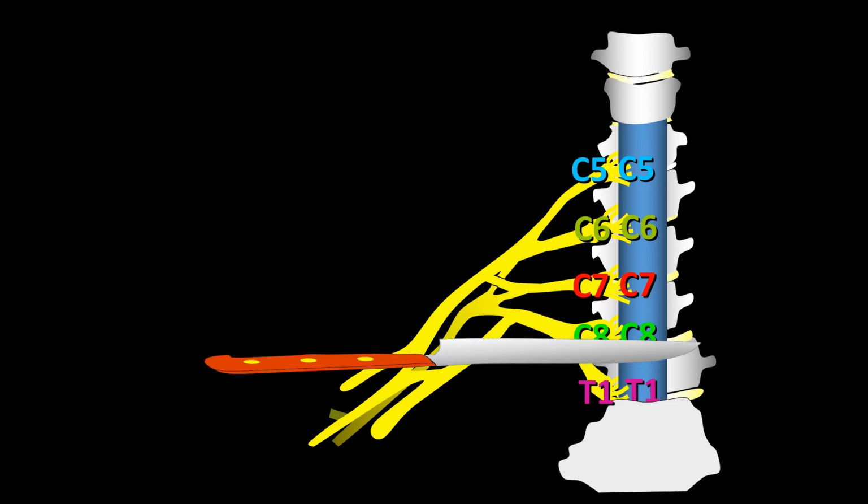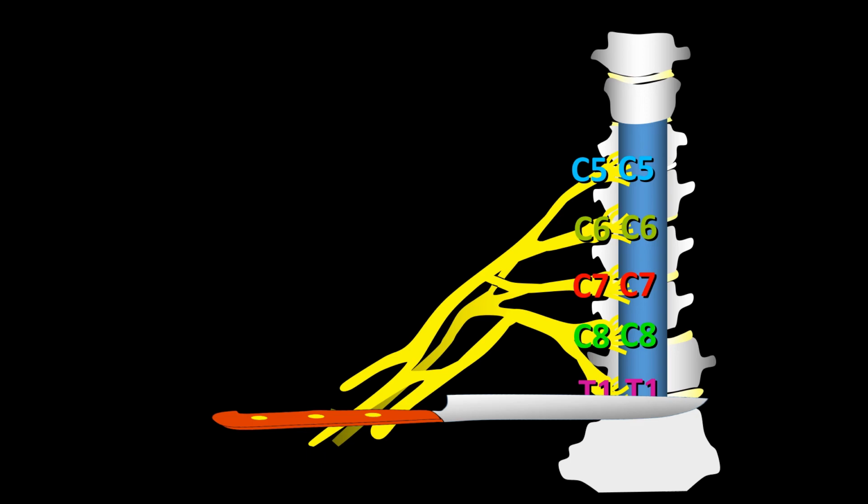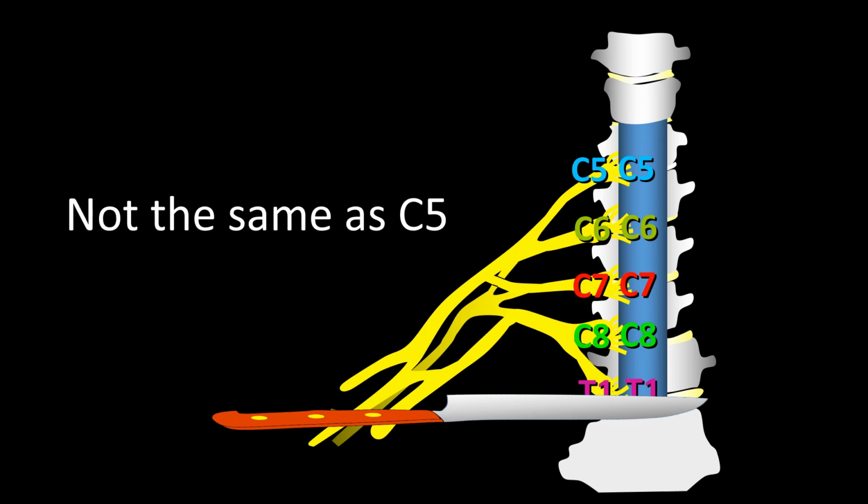Were we to cut through C8 interspinal canal nerve bundles, we again would see the same as we did when we cut through the C5 spinal canal nerve bundles. But were we to cut at T1 interspinal canal nerve bundle, we would not see the same thing as we saw when we cut through the C5 interspinal canal nerve bundle. I will show you in the next frame